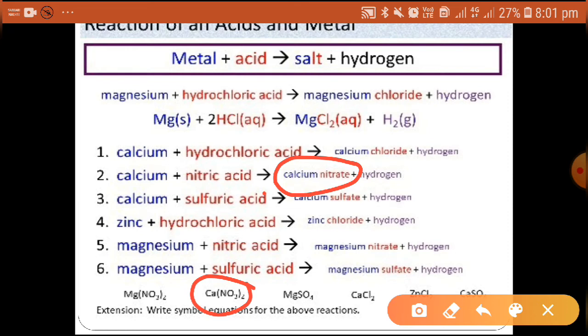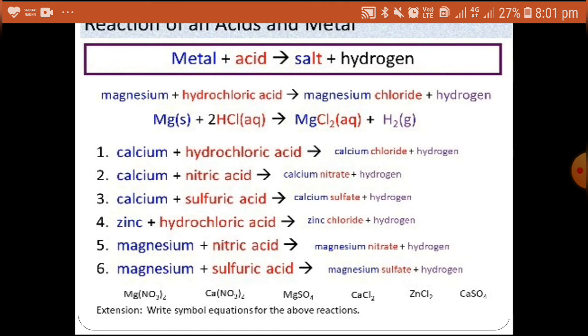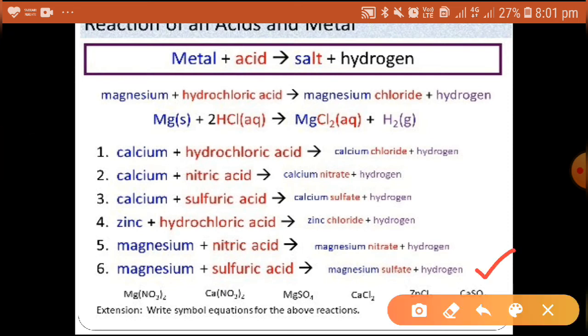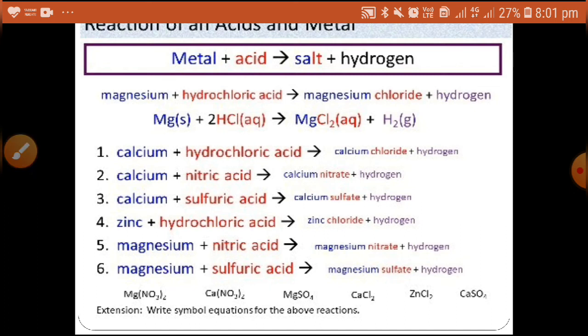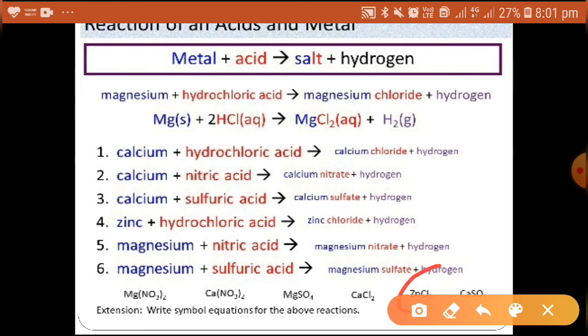And the third one, calcium reacting with sulfuric acid to give calcium sulfate. Calcium sulfate means CaSO4, which is at the bottom. You can see here, which is at the bottom. Now zinc plus hydrochloric acid gives zinc chloride. Zinc is positive and chloride is negative. So zinc chloride, that is ZnCl2. You can see from the bottom. So you have to write